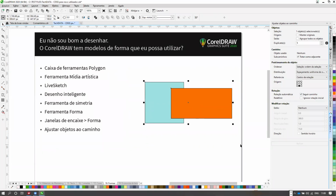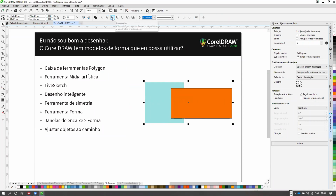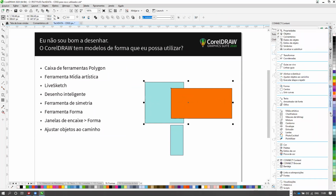So as soon as you select 2 or more shapes, you have some objects here. You can weld them together. You can cut them out. You can do an overlap. So you've got all your shaping tools once you select your objects. Or, of course, you can also use...